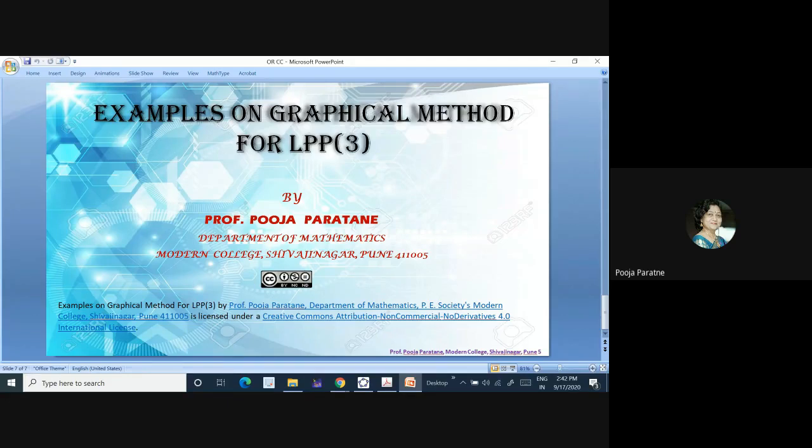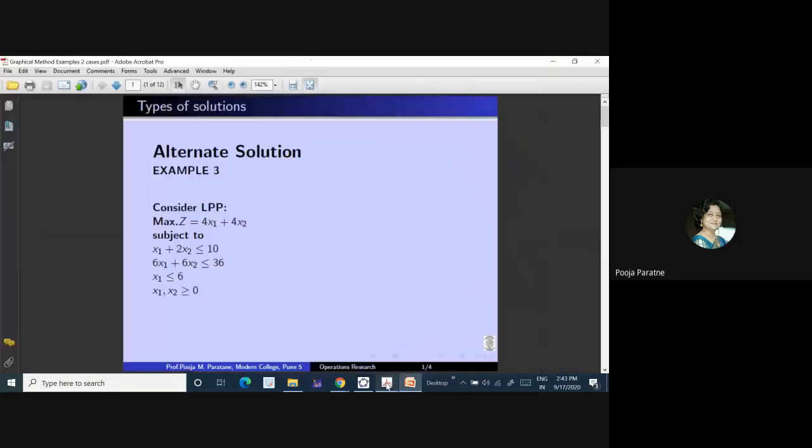And the third is the infeasible solution. In this, there does not exist any common feasible region. So, the solution of that LPP does not exist. So, let us see this. In this first example, we will see the alternate solution. So, the example is